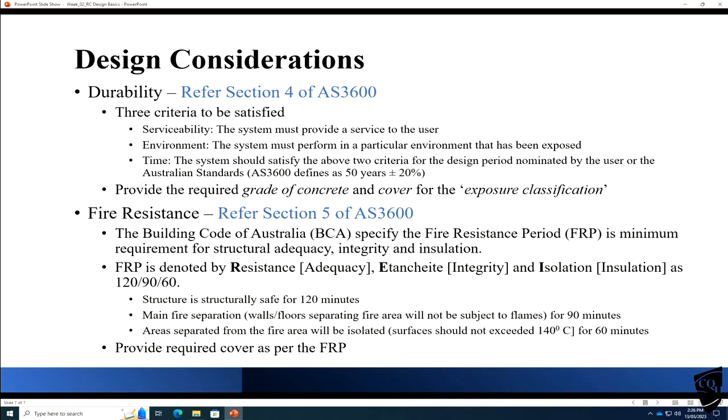Residential houses 25 years. This is the normal assumption of the standards. So based on that, the durability criteria also will change. So keeping these three criteria in mind, to have the required durability of the structure,